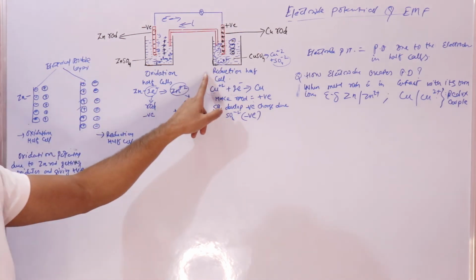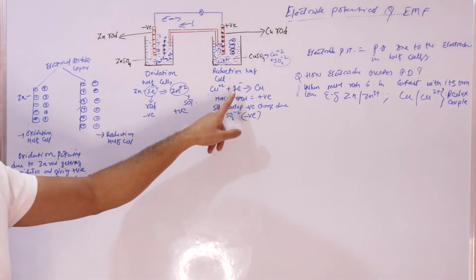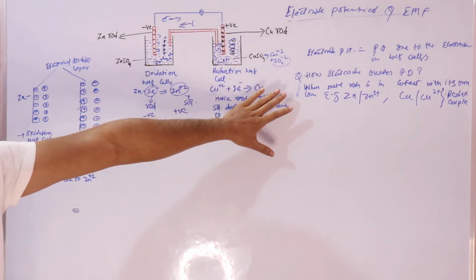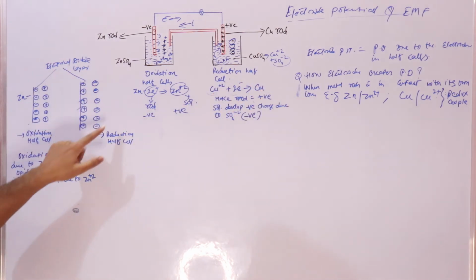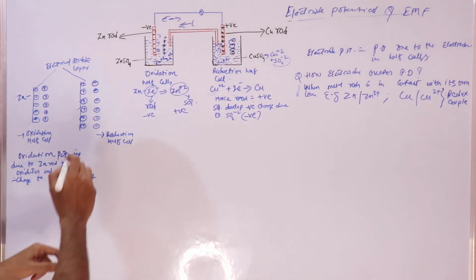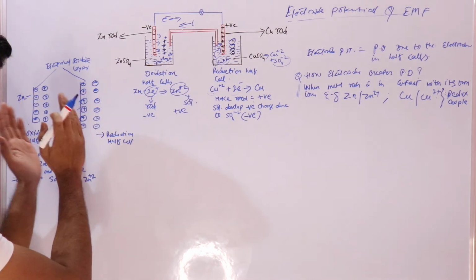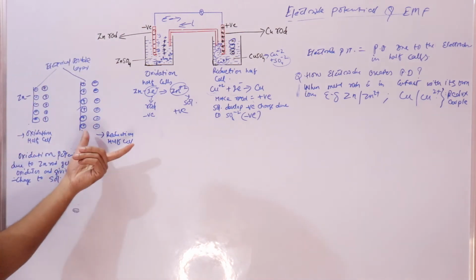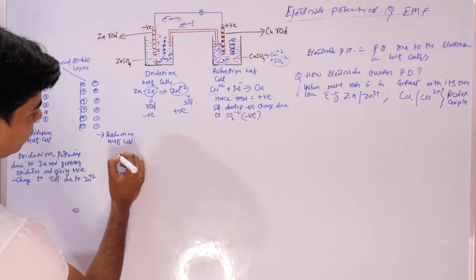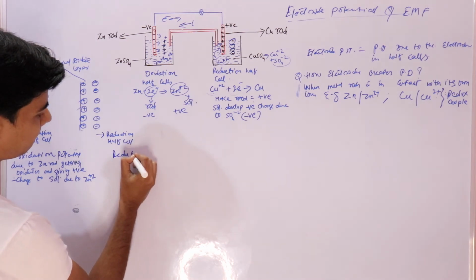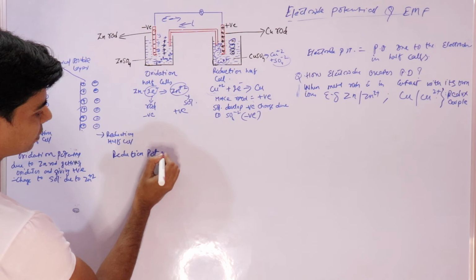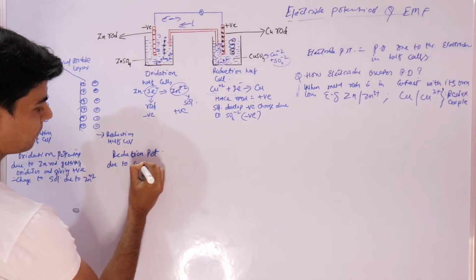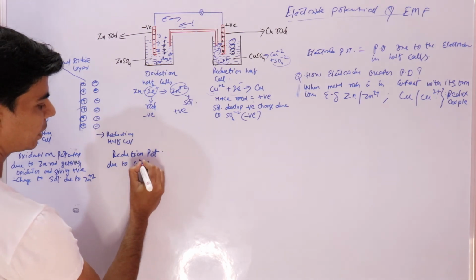If we see, the reaction is a reduction reaction, where copper ions are getting reduced to copper metal, and due to this reduction reaction, this electrical double layer has formed, and due to this electrical double layer separation of charges we have potential difference, right, which is your reduction potential, right? This we call reduction potential, right? And why did it occur? Due to copper rod, due to copper ions